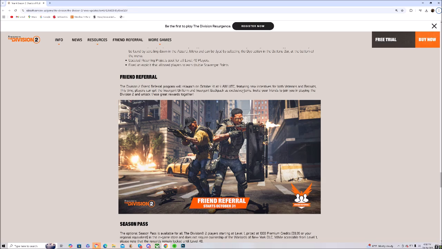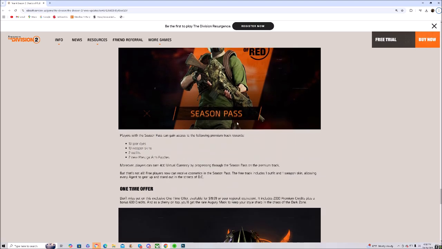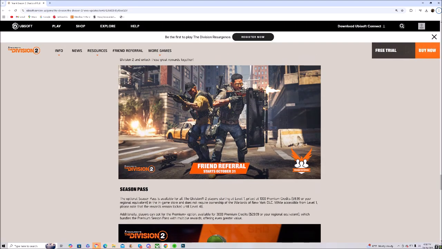And of course, we have the Season Pass, which you can get the optional Season Pass for 1,000 premium credits, $9.99. There's also a premium option for 3,000 premium credits for $29.99. Which also, keep this in mind, that is for the premium track. The normal track is still free, unless you guys just want the extra stuff, which is like the outfits, arm patches,